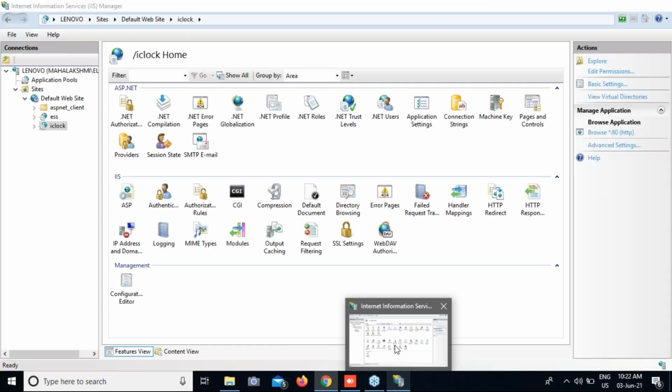So in this system, I already enabled the IIS features. I'll show you how to enable those IIS features once again. I already said that it is a default Windows feature. I'll show you how to enable the Windows features once again. So for this, control panel,